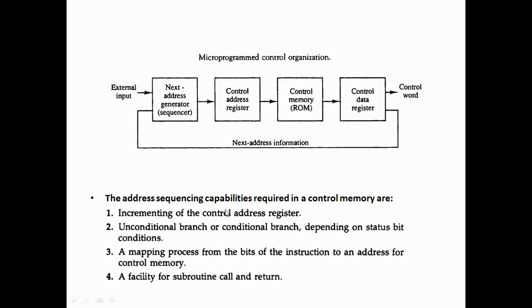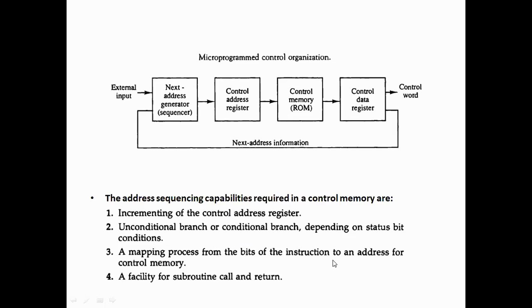It may be that the previous address is just incremented by one and we get the next address. It may be that there is a branch, conditional or unconditional, that will depend on a status bit that we will see later. And there may be a general mapping process, where we have an instruction and we generate